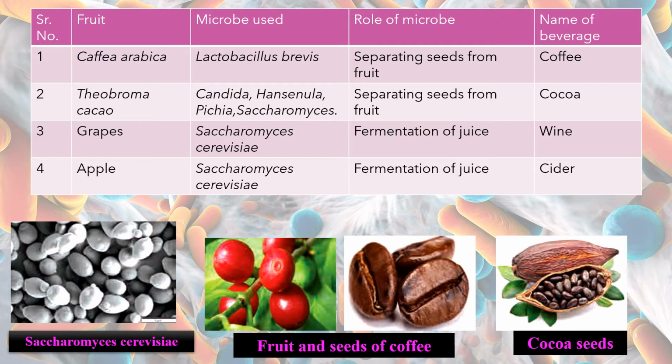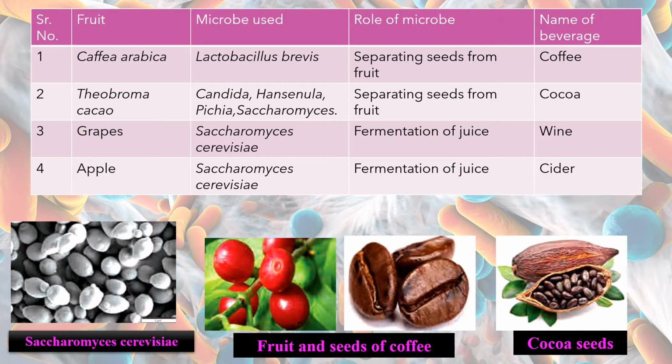ठीक है, how it is that you get this. So there is a fruit here, you can see this pink orange reddish color thing, that is actually the fruit of coffee. ठीक है, इसके अंदर seeds होती हैं, but ऐसा नहीं है कि बस ये fruit तोड़ा और seed निकल गई, ऐसा नहीं होता.